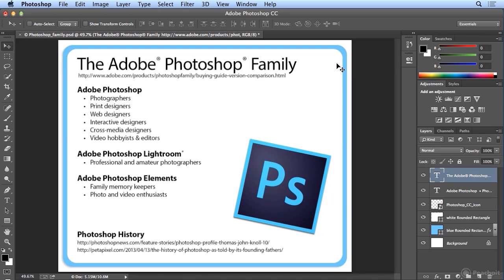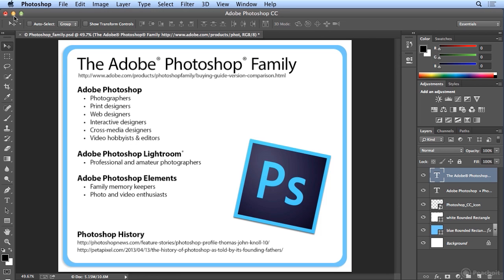Photoshop really consists of a family of products. There is Photoshop, which you're learning now, Photoshop Lightroom, targeted at high-end photography, but hobbyist and amateur photographers who have serious equipment love it and live for it too, and Photoshop Elements. So let's take a look at the two other products that are not part of this series, but are part